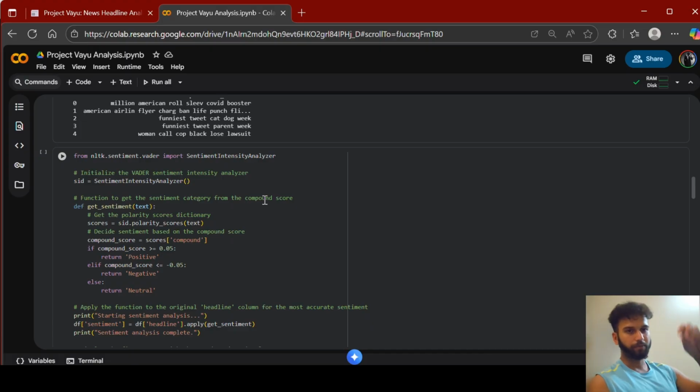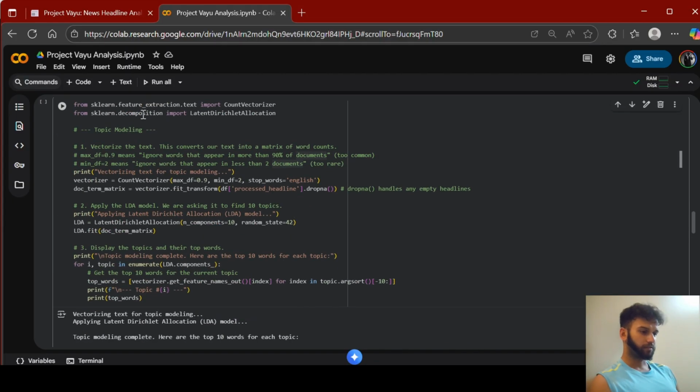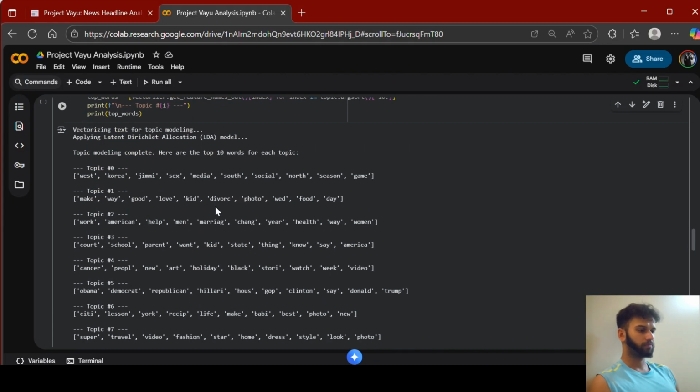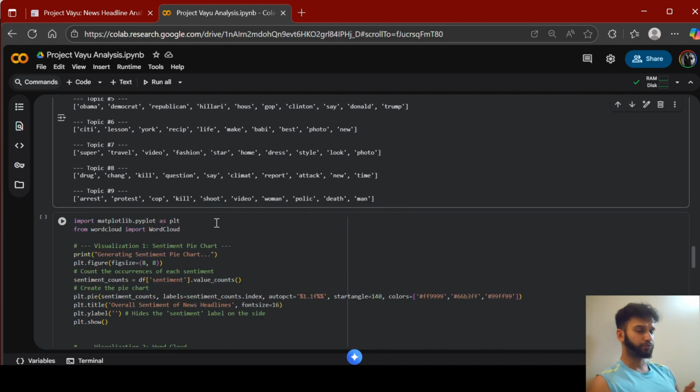उसको एक brain दिया, अपने model को एक brain दिया where it will be able to categorize between positive, negative और neutral, which is very important. एक तरह से आपका model train हुआ उसके लिए. Then we have that machine learning part, जो आपने उसको बहुत सारे words ना, there are numerous hundreds and hundreds of words. आपने उस पर एक topic theme categorize किया. So I have taken 10 themes, वहाँ मैंने show किया था.